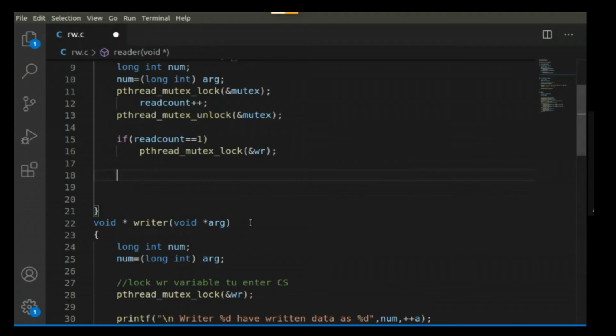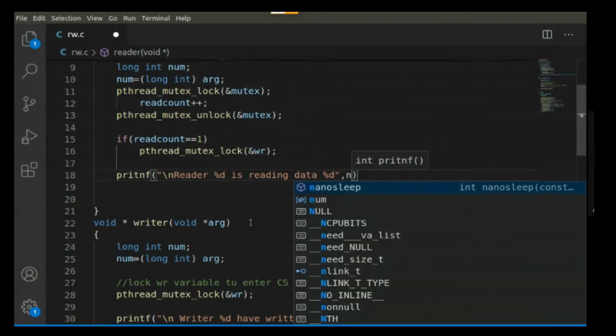After locking the writer, he will try to read the data. So let us do this task by using a printf message. Print a message: reader %d is reading data %d. Now can you tell me what values I should print in place of %d?